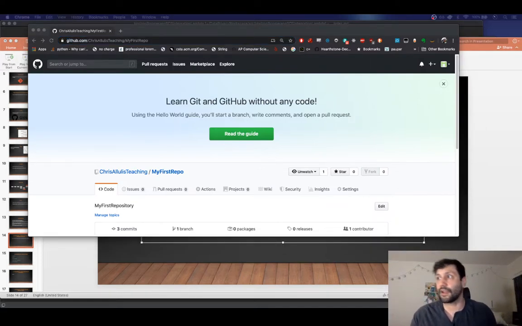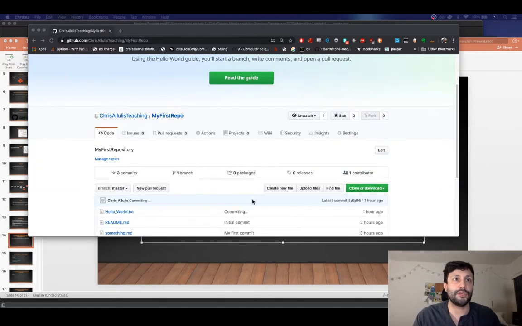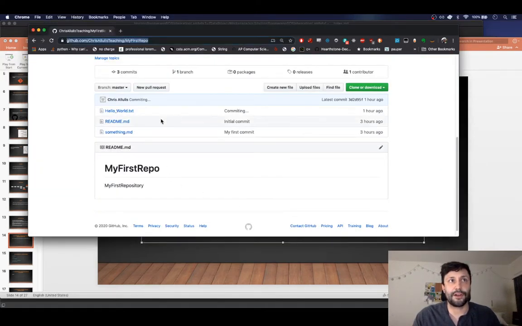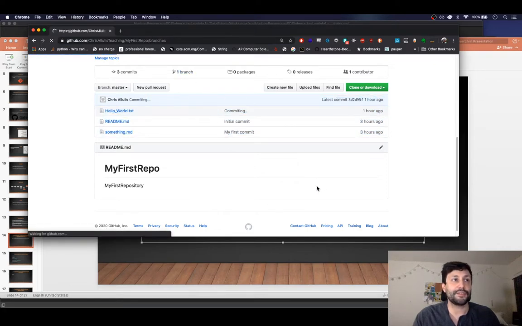So that's all you do. You just say git clone and then that GitHub URL. This is the code that's currently there. I have already made some commits. And if we take a look at the branch,